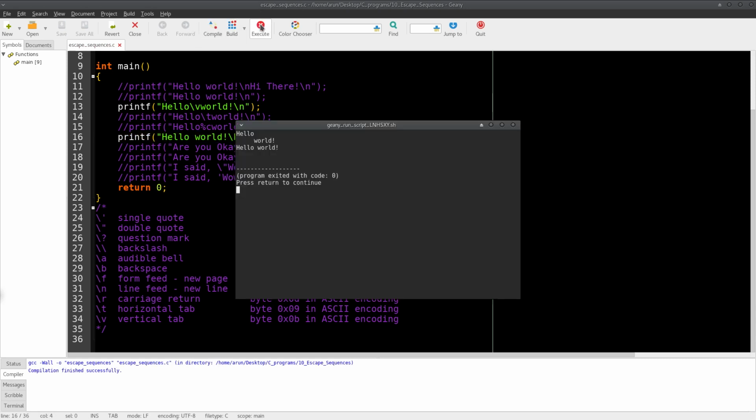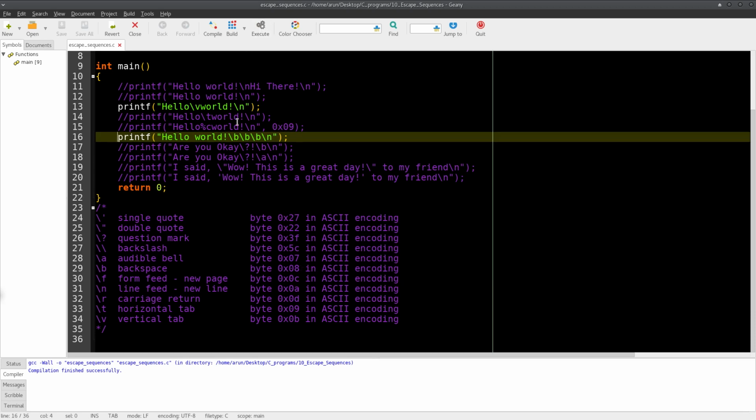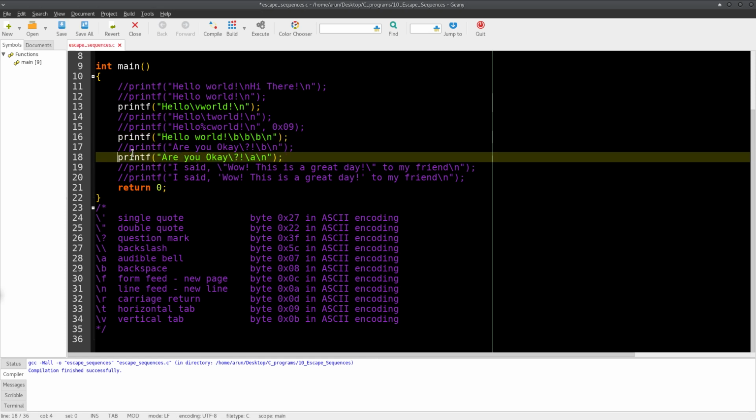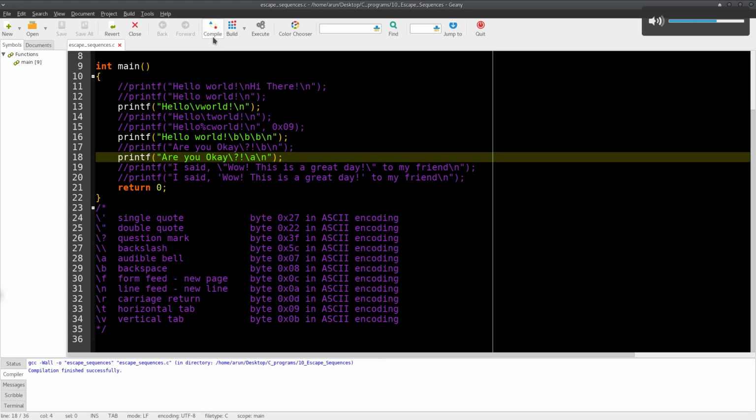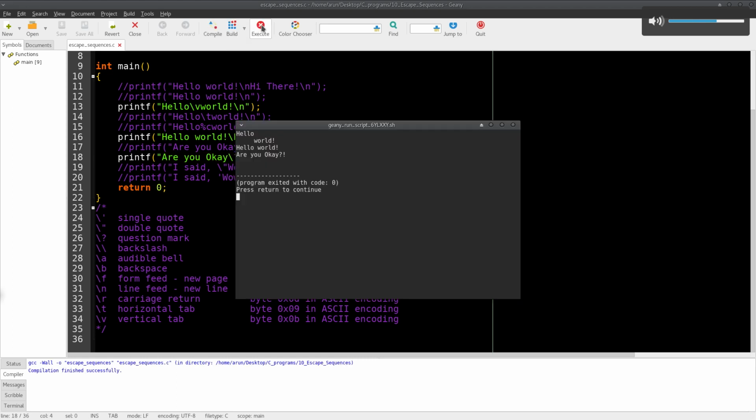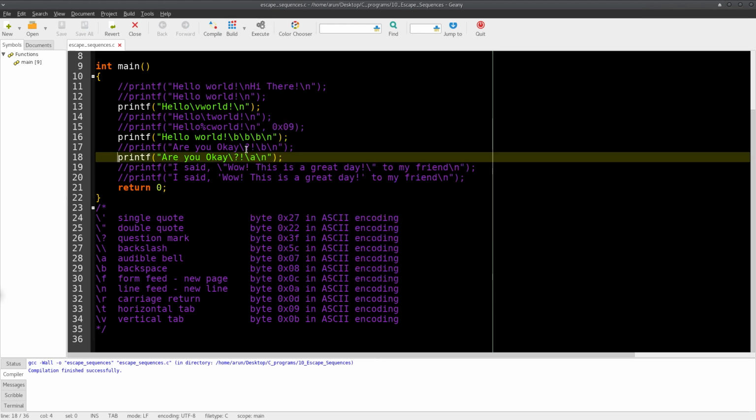Although I didn't hear any sound over here, in some computers \a will play a sound. I think I have to keep my volume high to hear this. I didn't hear it, but in some computers you might get a sound if you put a \a,